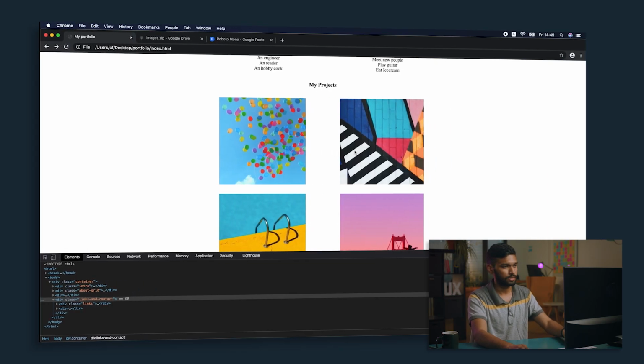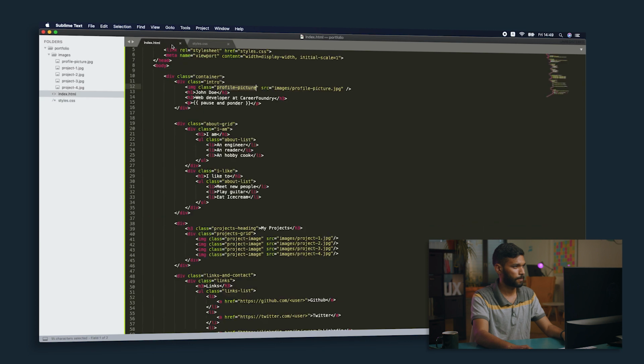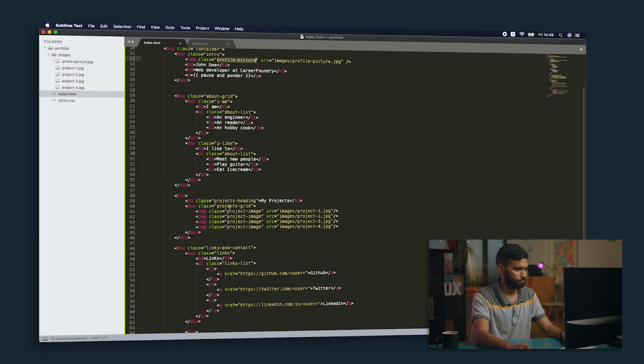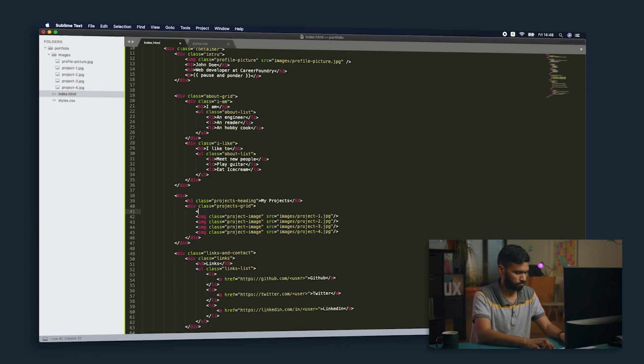So first of all, let's head back to our code editors. Each image will now contain its own heading. For that, we'll need to nest the image itself in a div. So let's do that. Class,